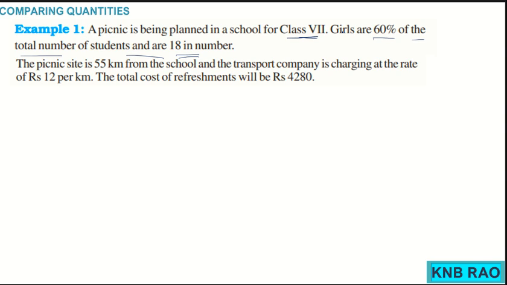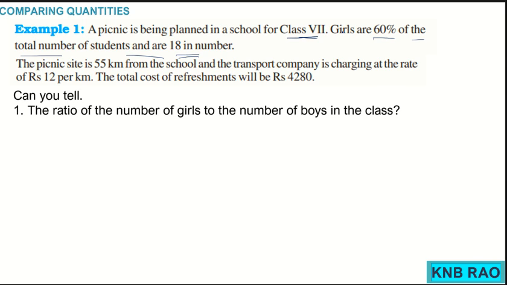Along with this, they need food, and the refreshment will cost rupees 4,280. Now, can you tell the ratio of the number of girls to the number of boys in the class? It is so easy, children. If girls are 60%, definitely the leftover